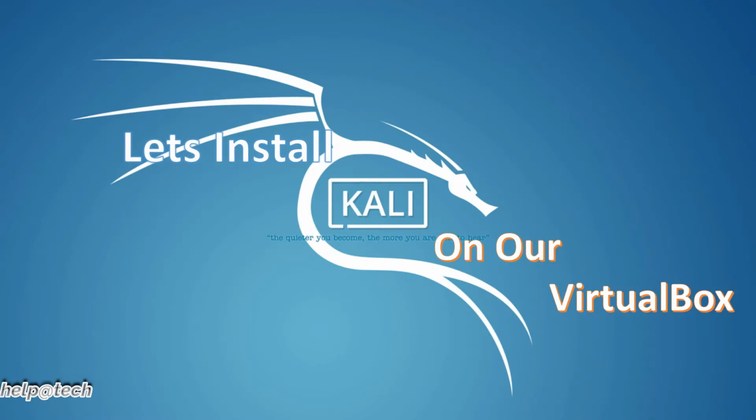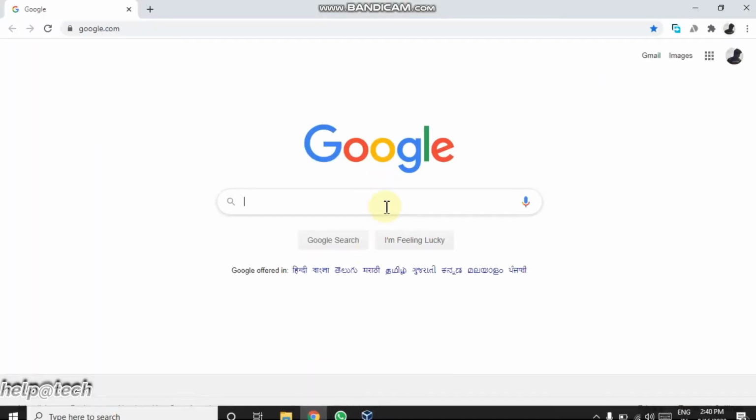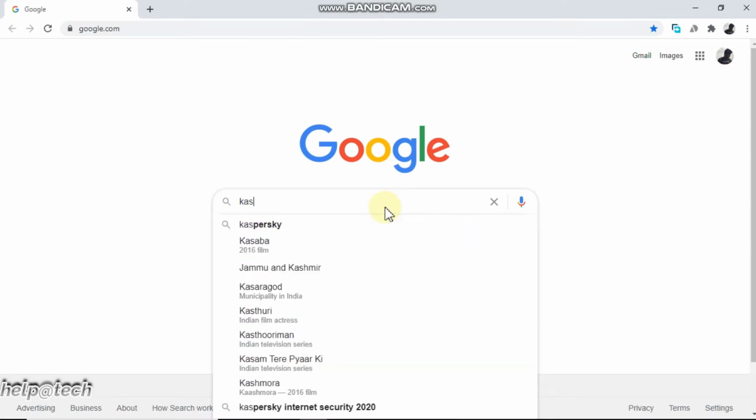So let's install our hacking machine to our VirtualBox. First we need to download the VirtualBox image of Kali Linux. Go to the browser and search Kali Linux, or you can use the link in the description.